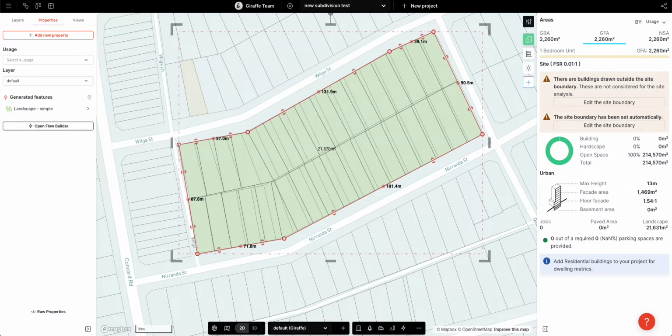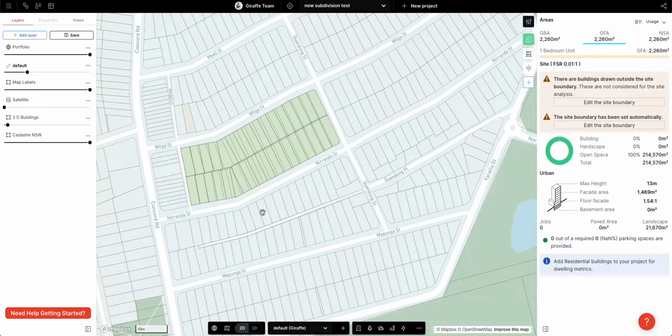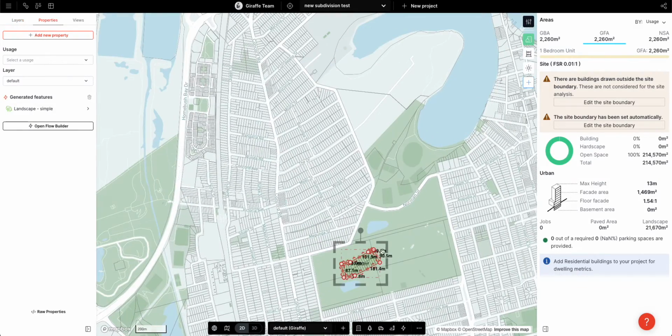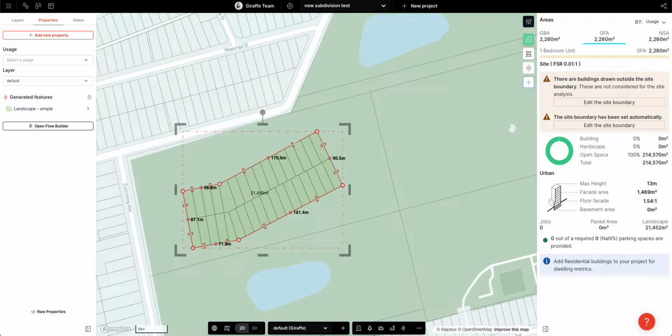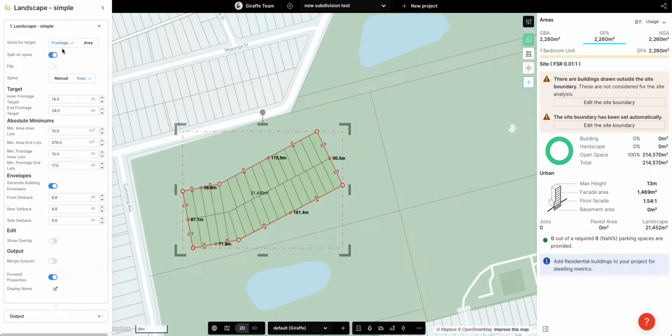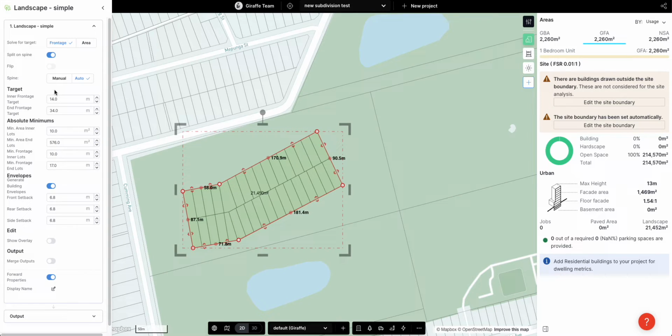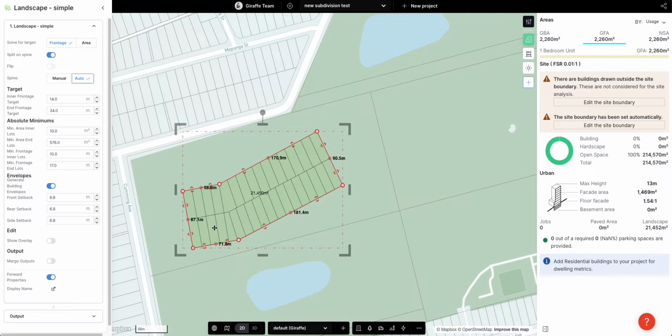Hey guys, in this video I'm going to explore the subdivision app, or applet. So you can see what I've got over here is a rectangle which I'm subdividing into parcels. And the way that works is you target either a frontage or an area, and you split or don't split, and then you set the spine either equal to a manual spine or to an automatically generated spine, and then